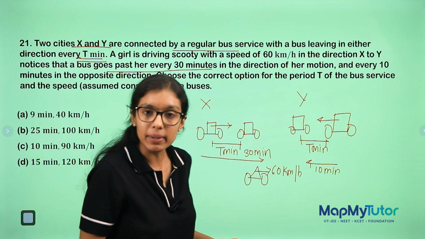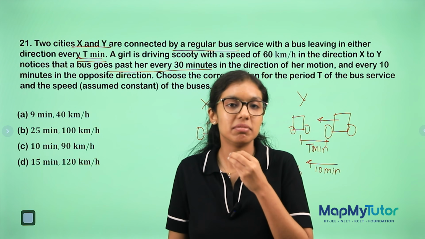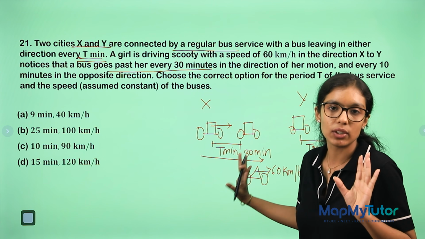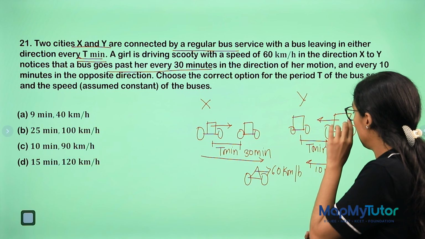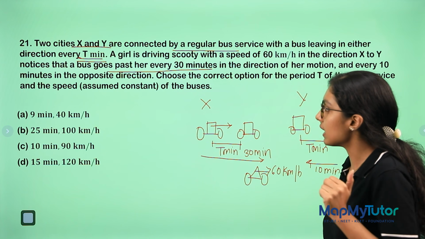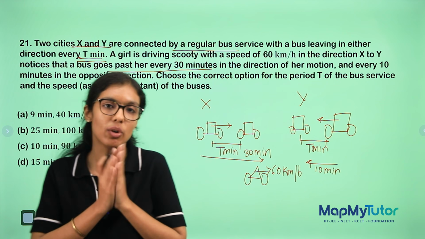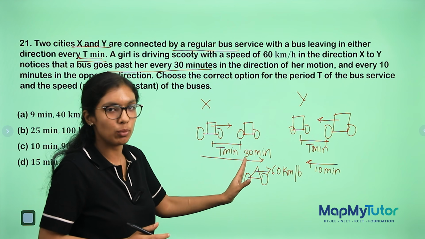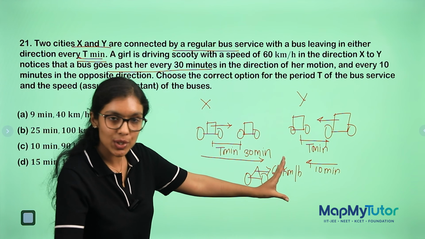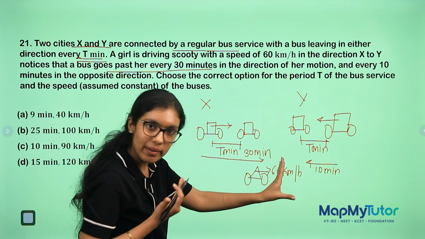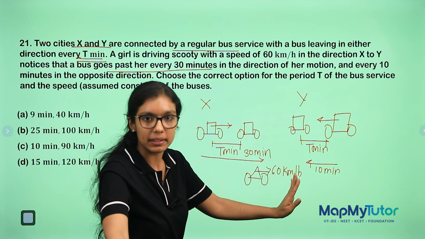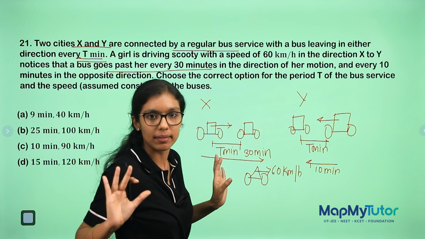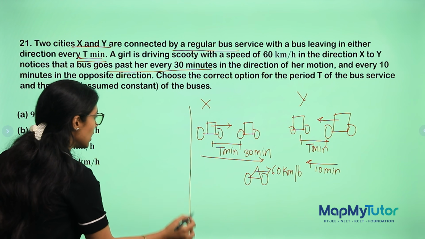Now, generally speaking, this question will take you nicely 2 minutes to read and decode. Even for us it took 2 minutes, if you check back. Now, how to solve it? I'll tell you a very basic way of solving it. When your scooty is moving in this direction, whatever speeds come from the opposite direction will always get added, and whatever comes from the same direction gets subtracted. That is the only concept there. Now putting it into equations.